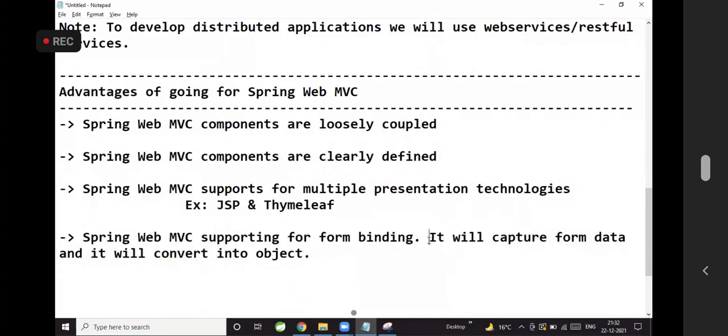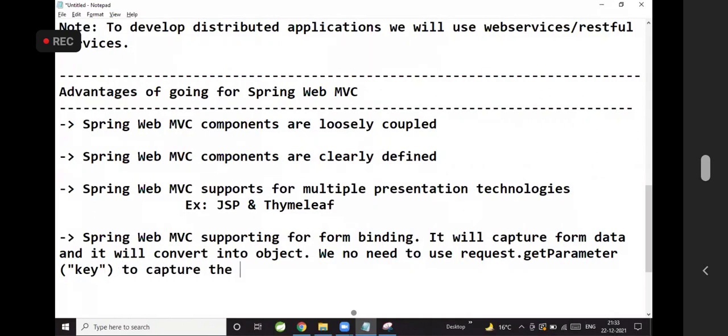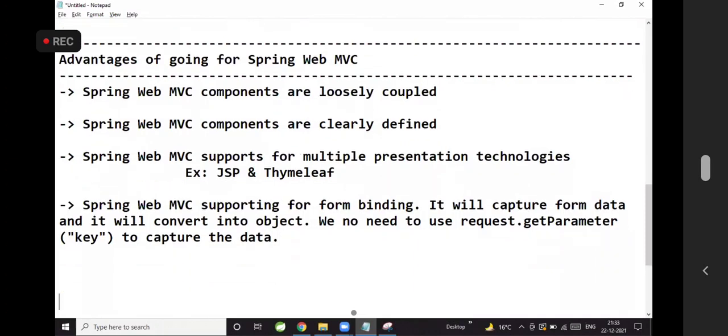It will capture form data and convert it into an object. We no need to use request.getParameter to capture the data because Spring Web MVC is going to take care of that part.